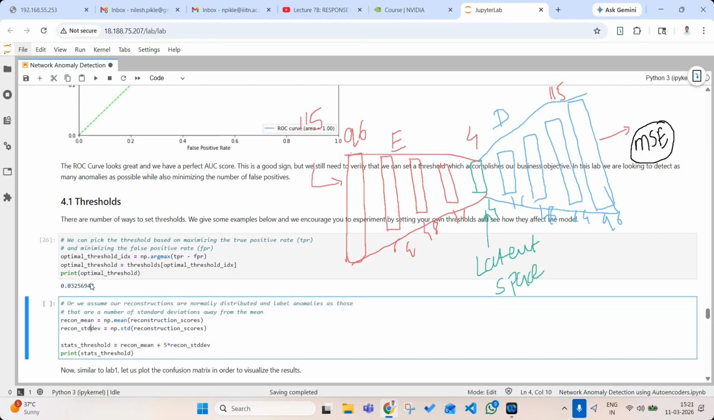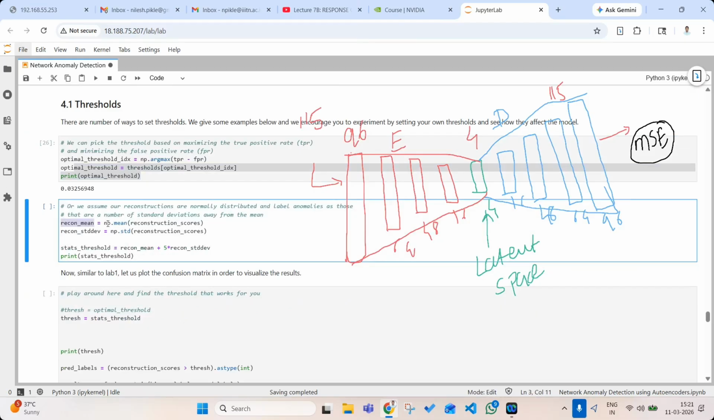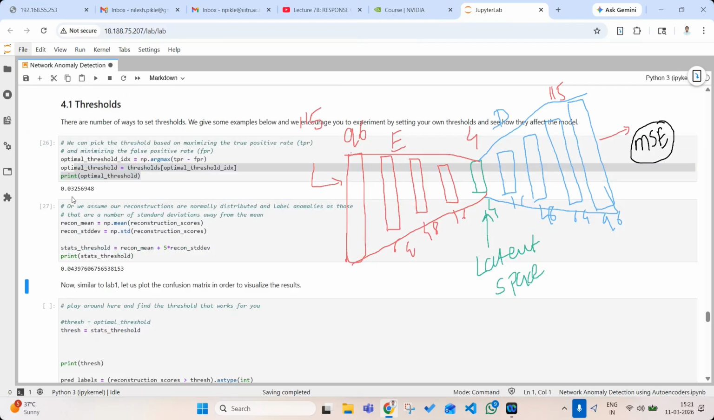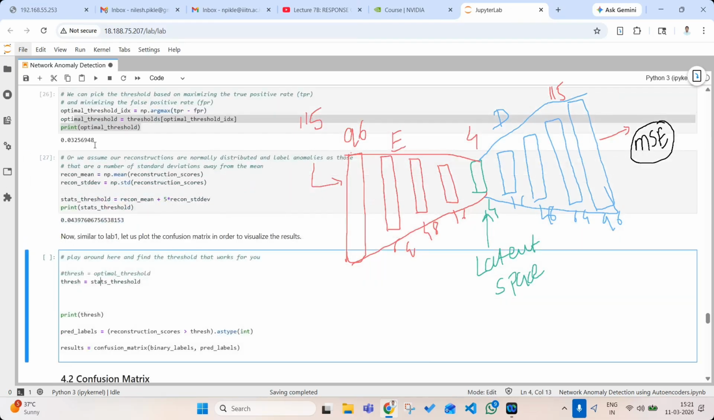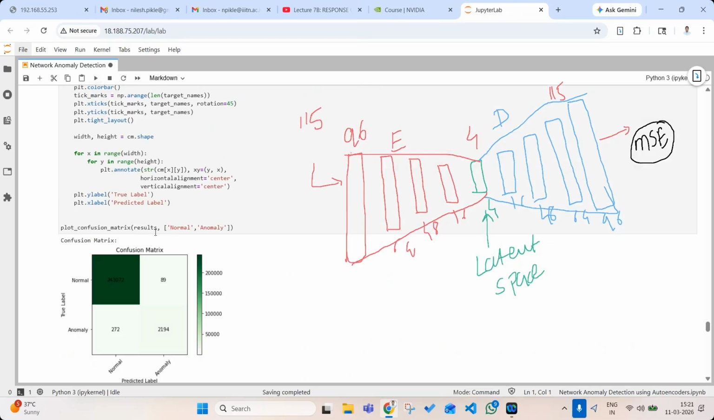So if we get one of these methods, the other method is we can take the mean of the reconstruction, then the standard deviation, then the reconstruction score plus 5 times the standard deviation, and that will be the statistical threshold. You can use any of these. One is giving 0.032, the other is giving 0.0439. Okay, so you put that statistical threshold or any other threshold, and you plot the confusion matrix,